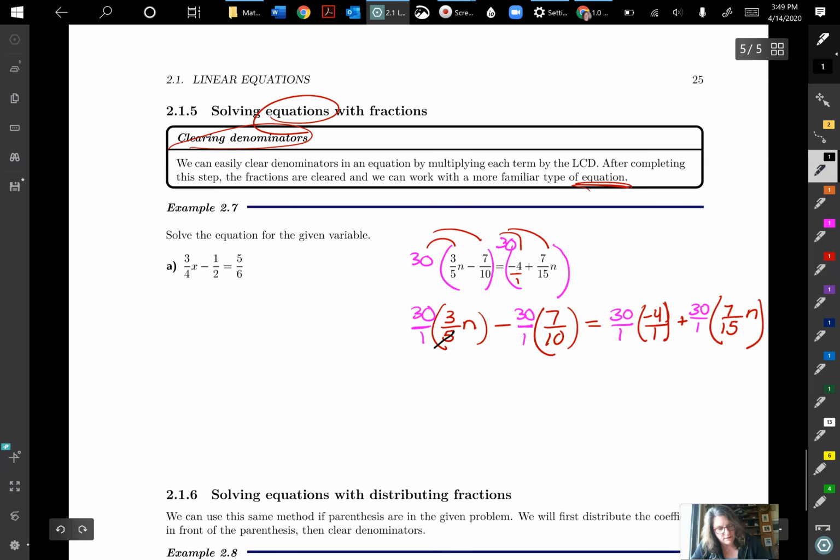So 5 into 5 is 1, 5 into 30 is 6, 10 into 10 is 1, 10 into 30 is 3. This one we just leave alone. The 30 times the -4, just leave it. And then lastly, we have 15 into 15 is 1, 15 into 30 is 2. So then we go ahead and streamline it all. And we should get,